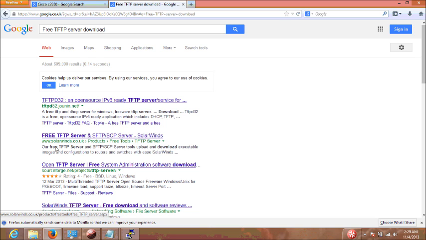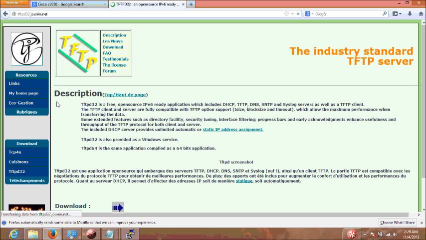We have the one from SolarWinds. I don't personally like this one. I have no issues with it. I'm sure it works well for a lot of people, but it hasn't worked well for me on my OS, which is Windows 8. So I'll stick with what works for me. So I'll come here